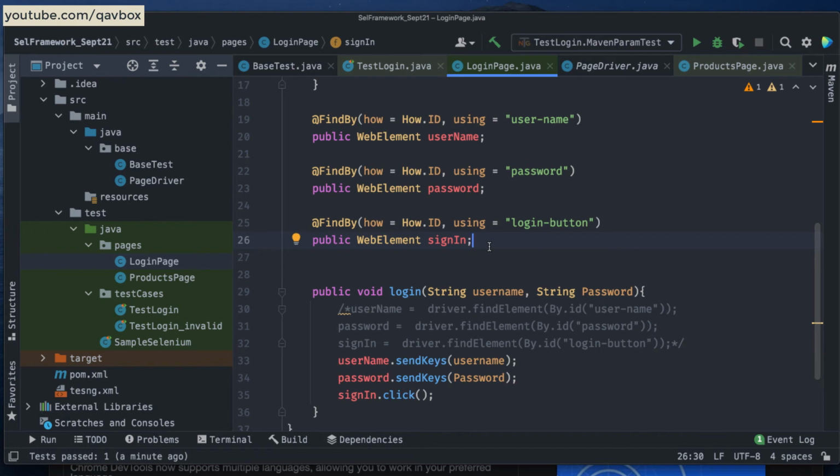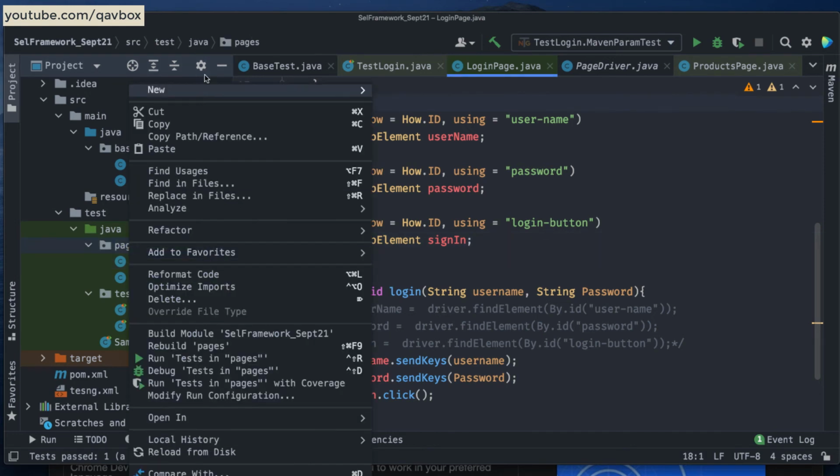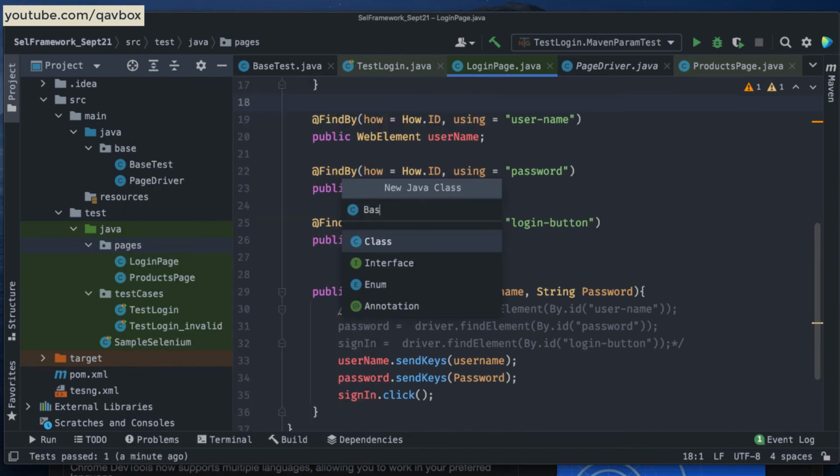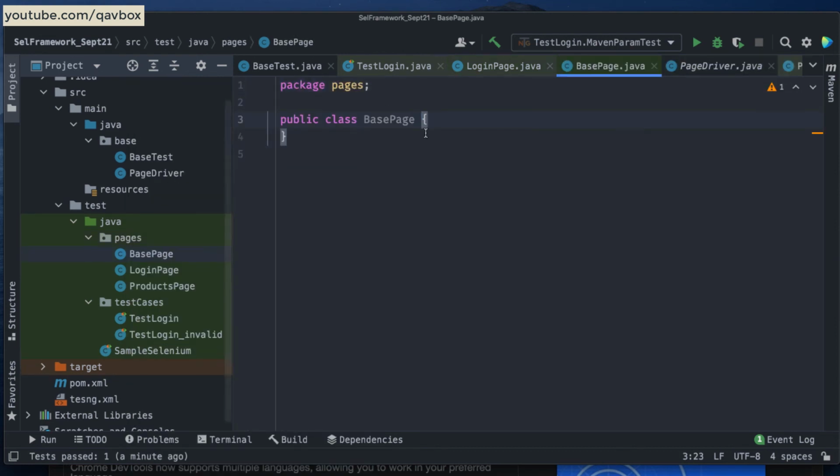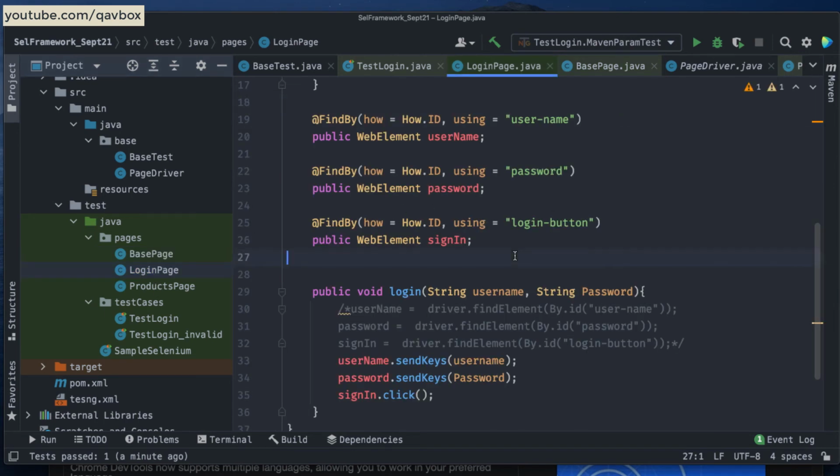Normally what we do, there are certain scenarios, like let's say that your menu bar is accessible in all of your screens. So do you really need to keep all the elements in all the pages? Not really. What you can do, any common web elements that you have, here you can right click, new Java class, and you can say base page. Now inside this, all the common elements that you can use across your different screens, you can specify here. Normally if you want to click on a delete, if you want to click on an add button, or your menu bar elements, click on the sign out, all these things you can just mention inside this, all the page elements, like as we are using this.